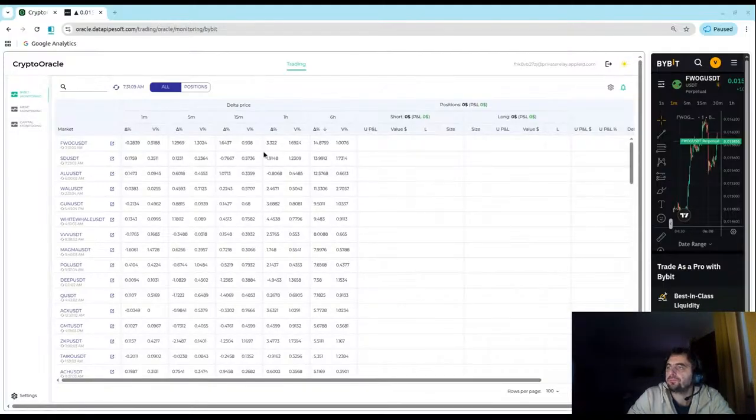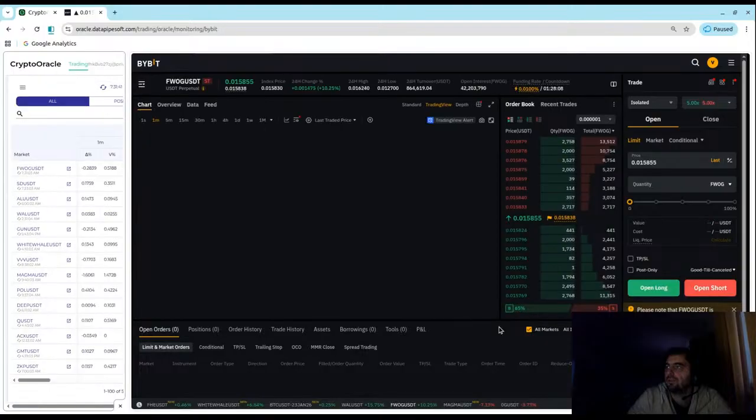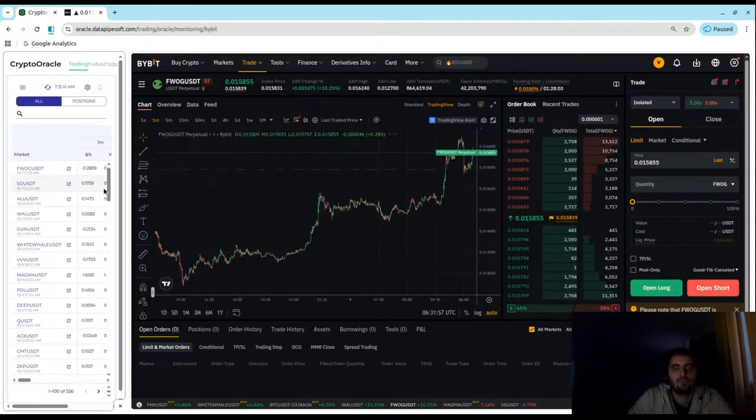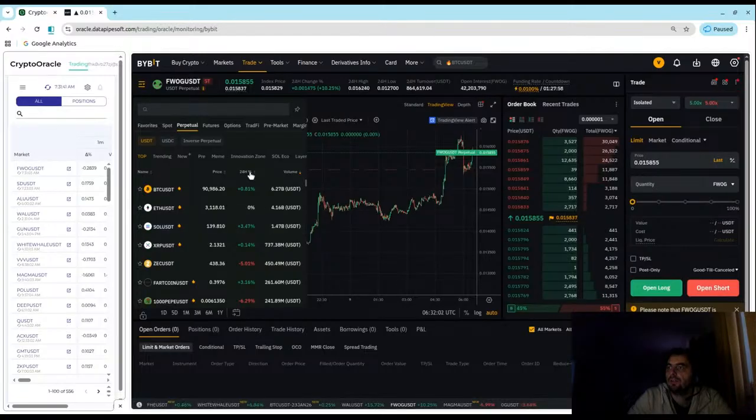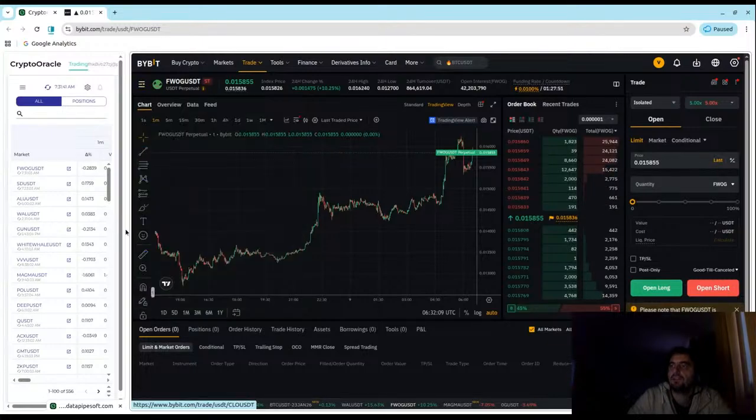So I'll explain what those digits mean. Here is the delta price for 1 minute, 5 minutes, and so on, and this is our volatility during that period of time, and this is calculated in real time. That's done because if you want to select some volatile assets, the only tool you have here is the 24-hour delta, and that's not convenient.